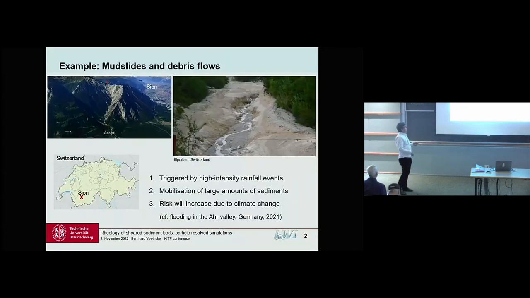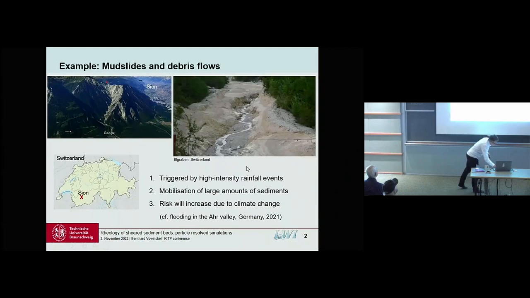So just to give you a flavor of what a mudslide or debris flow could look like, the classical example is usually taken from the Ölgraben in Switzerland. So this is a map of Switzerland, and there's the town of Sion. Sion, you can see it here in the valley. And the Ölgraben has some very steep slopes with highly erodible rock material. So there's always loose material on the mountain slopes. And with heavy rainfalls, you